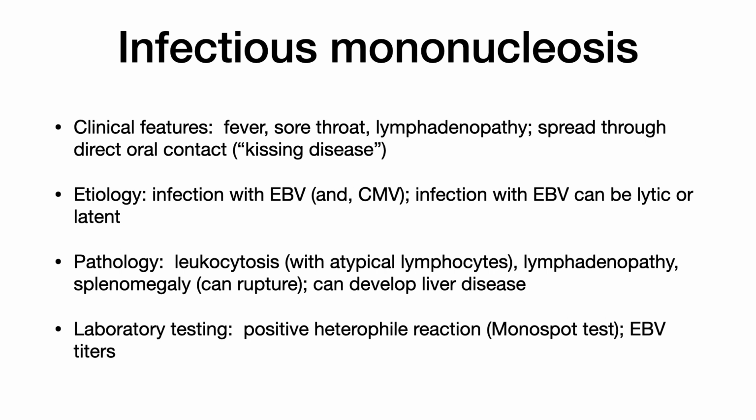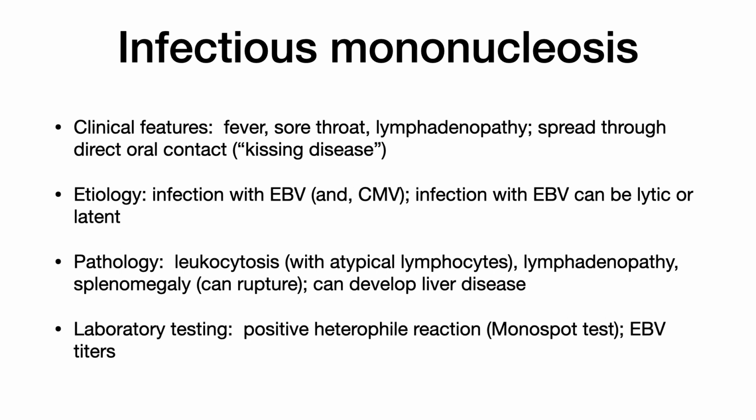So one classic leukocytosis is infectious mononucleosis. The clinical features you see are fever, sore throat, lymphadenopathy, and it's spread through direct oral contact. So when I was growing up, they always called this the kissing disease. The etiology is usually Epstein-Barr virus, but it can also occur with cytomegalovirus. Pathology, as we're talking about, it's a leukocytosis, and they specifically have atypical